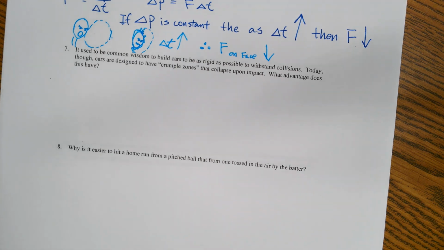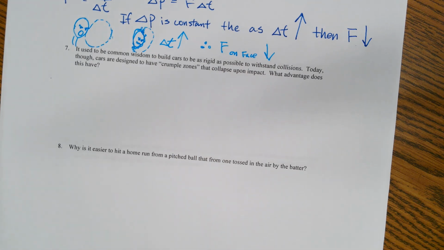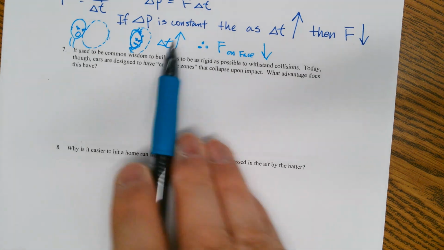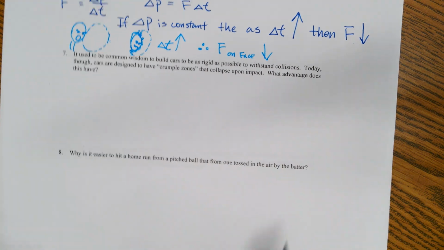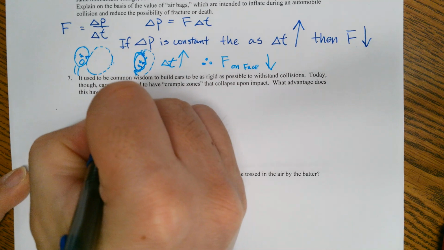What advantage does this have? Just like the airbag, it gives longer time for the car to stop, right? Because as the car crumples like an accordion, it gives longer time for the car to come to rest. If you give longer time for the car to come to rest, the force on the car decreases. Okay? So the crumple zone is designed to